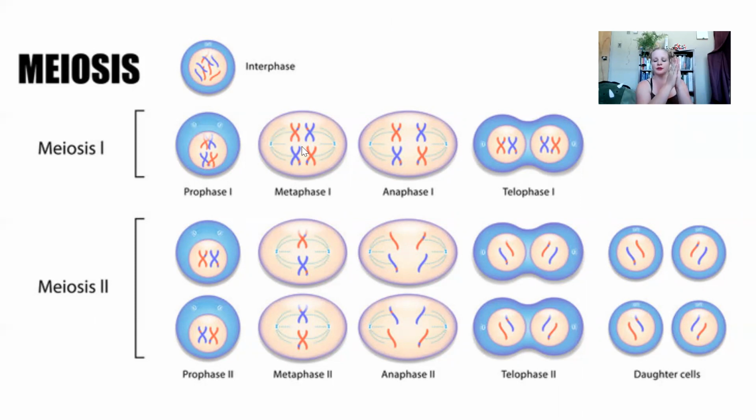In metaphase 1, the spindle fibers are attaching to the homologous chromosomes. So I've got a spindle fiber on this homologous chromosome and a spindle fiber on this homologous chromosome. And in anaphase, that's going to pull apart our homologous chromosomes. Then of course we'll have telophase, where we are rebuilding the nuclear envelope. As soon as we get to prophase 2, we're going to have to take out that nuclear envelope that we just made. We're going to have to disassemble it.